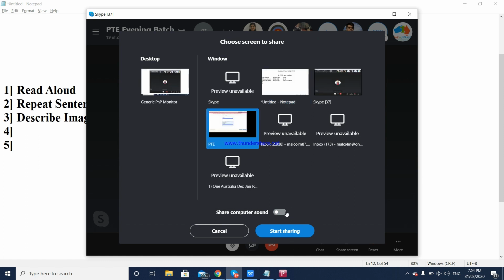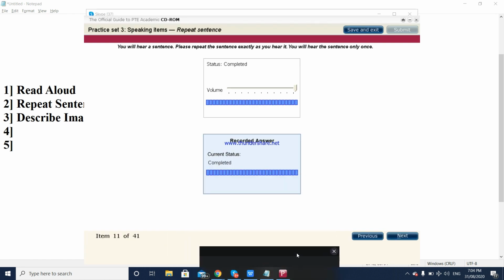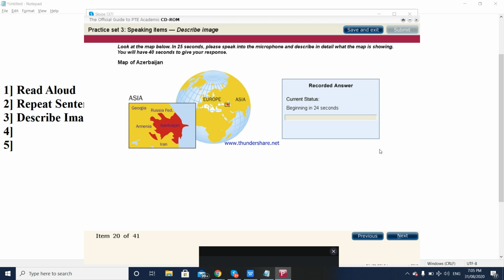Pretty easy task. As I said again and again, it's one of the simplest tasks in PTE. It comes immediately after repeat sentence. Repeat sentence generally runs till question number 16 or 17, and after that describe image will start. Now we will see an image on the screen, and as soon as the question comes, you will see that